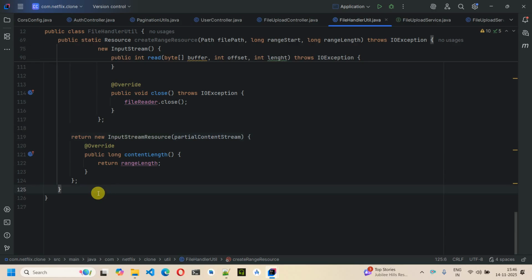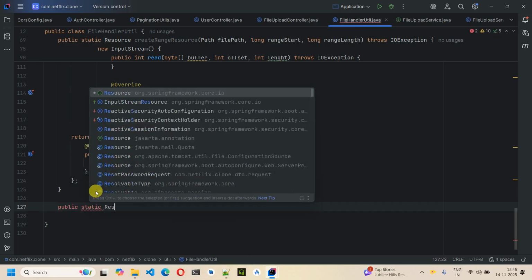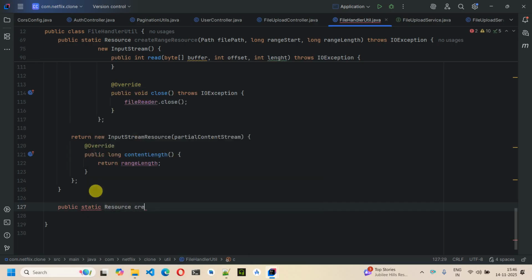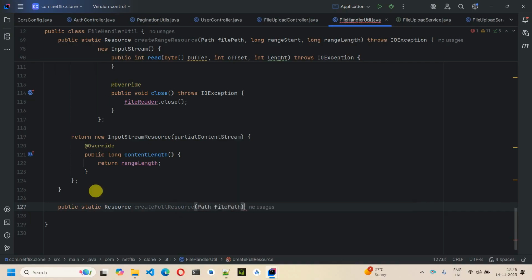It means that if you want to serve the entire file with the extension in a single go, you have to write one method. So public static Resource, and again this time we are going to use org.springframework.core.io, createFullResource, and we will accept the file path, and this will throw IOException. Then Resource